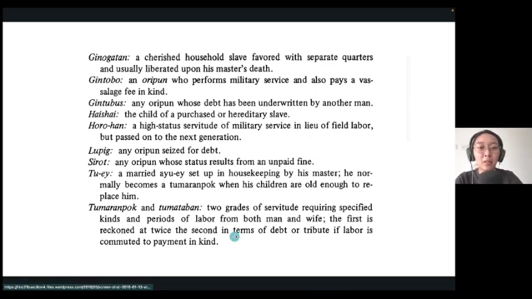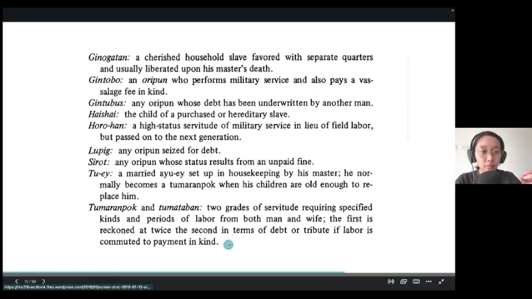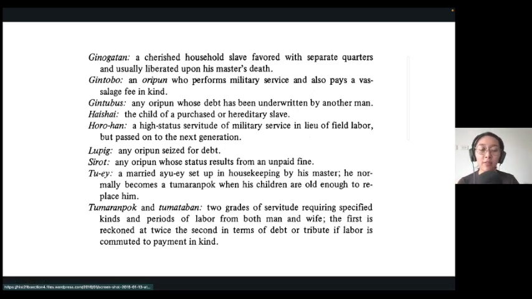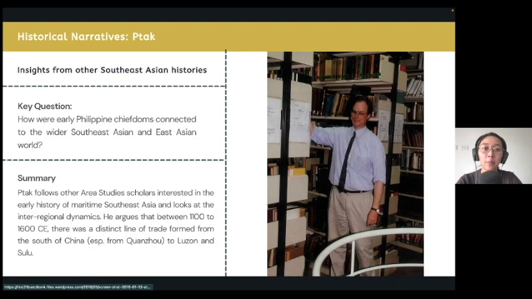Pero basically, ang sinasabi nito ay, you can actually break free of slave status if the conditions for either rendering service or paying your debt in kind, meaning as binhi, seeds, or even as agricultural produce, could be given. So, pag nabigay mo na yun, pwedeng hindi ka na esclava or hindi ka na slave.